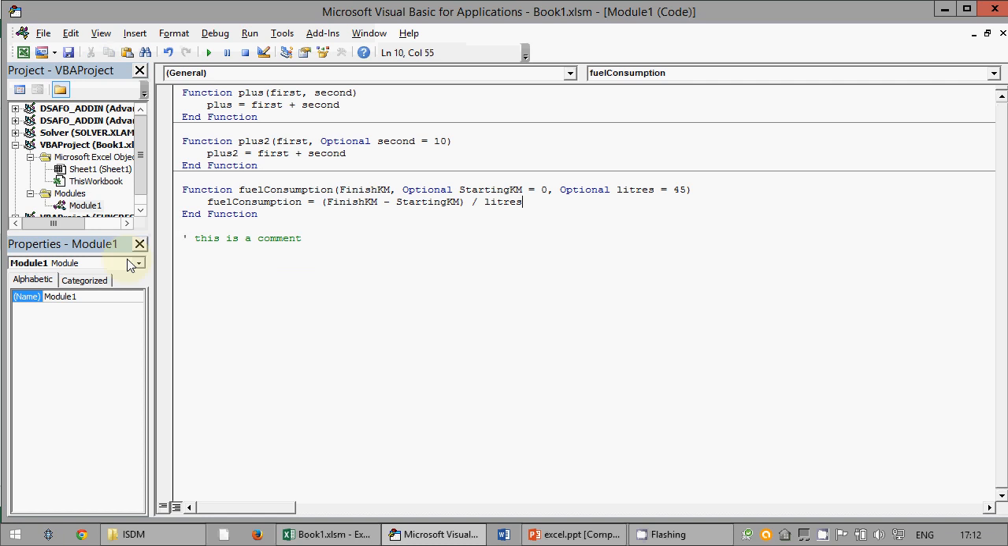You can put it also here. This is a comment. Okay. So now build a function which